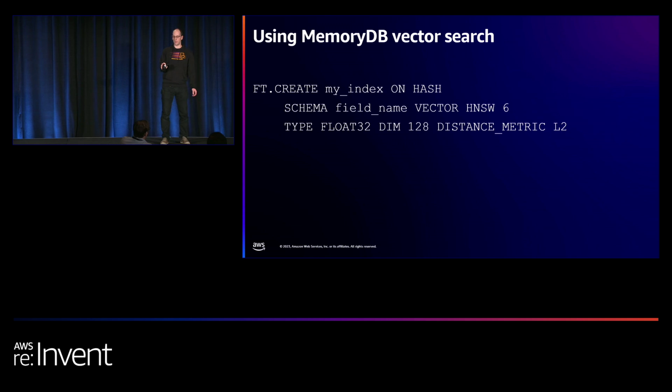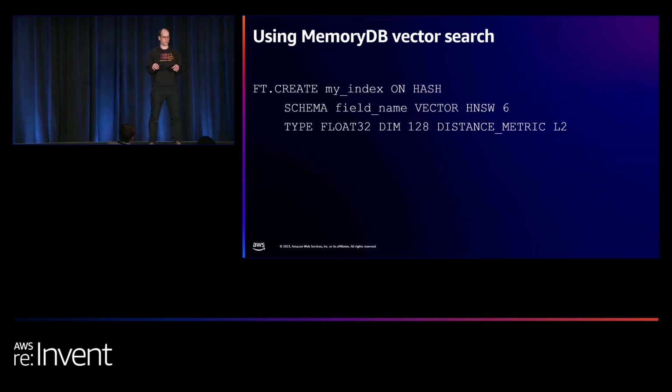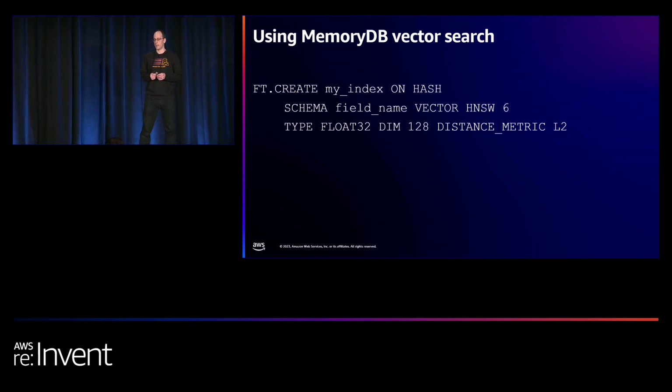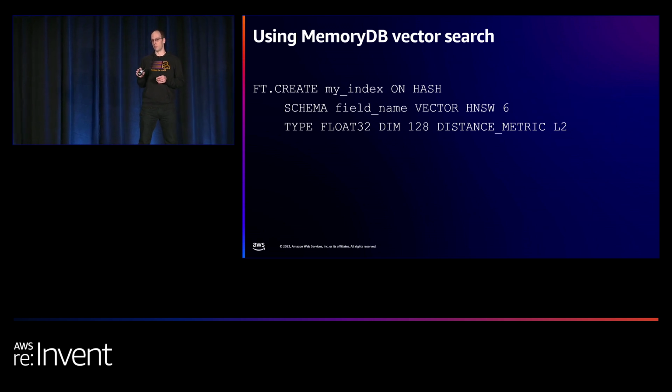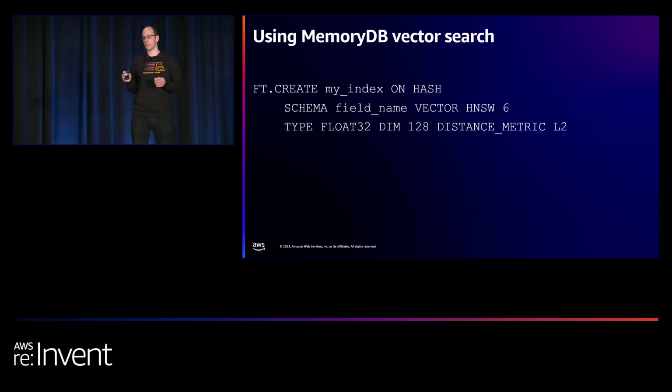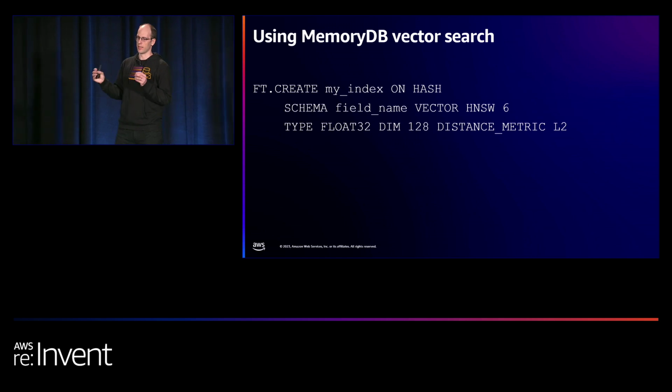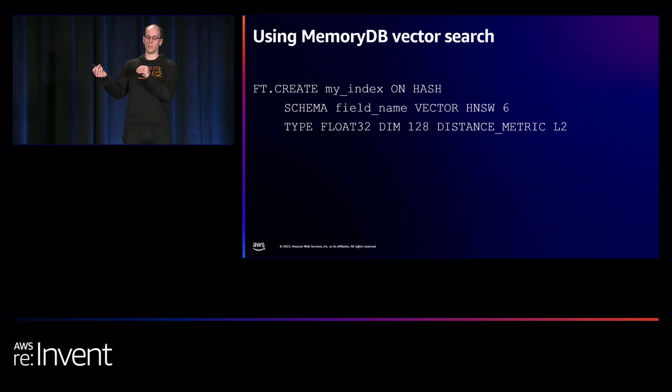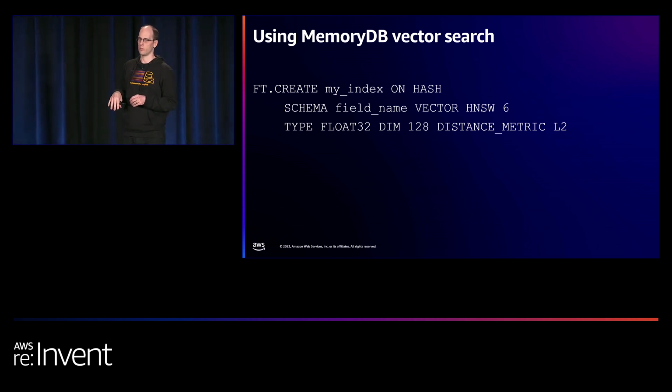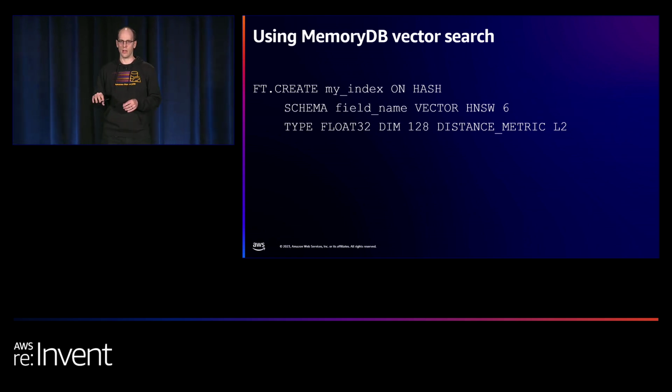So this command means that we're going to create an index called myIndex, and then we're going to look at the keys of type hashes. And for all those keys, we look at a field called field name and expect to see a vector of 128 dimensions. The L2 at the end of this command means that we're going to do Euclidean distance search. In a few slides, we'll go over the different kinds of measures and what they mean